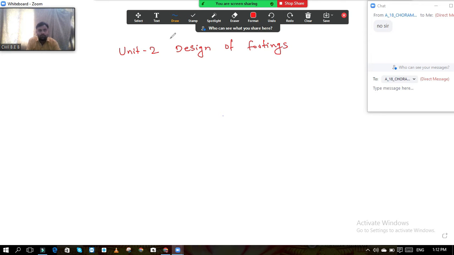So generally, what is the meaning of footing? Foundation. A member below the superstructure is called the foundation. The load from the slab goes to the beam, to the column, and from the column the entire load is transferred to the footing. We are not supposed to rest the column directly onto the ground or hard strata. The reason behind that is the punching shear.